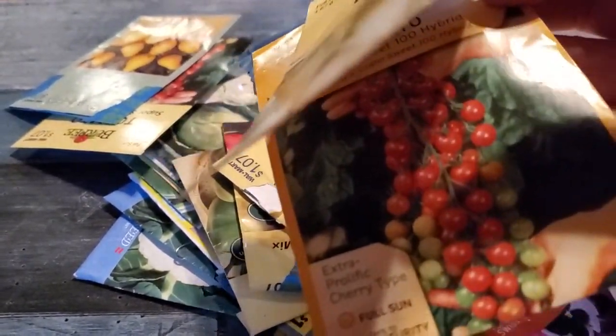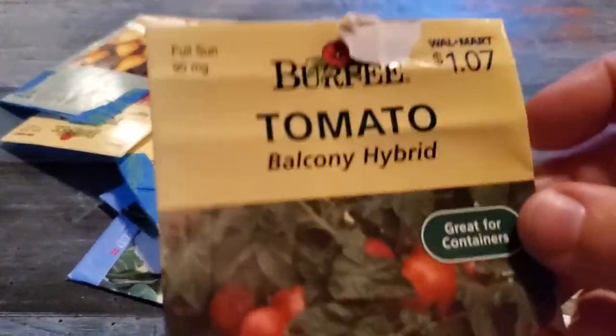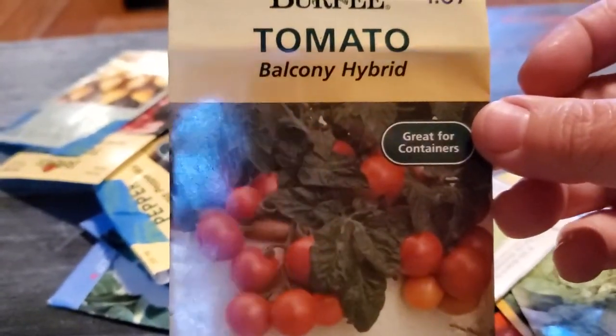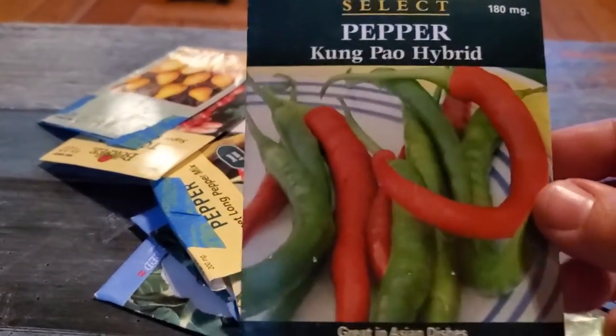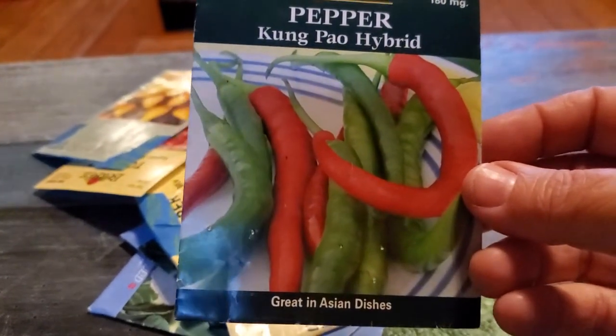Sweet 100, one of my favorite cherry tomatoes to grow. But I've never grown those from seed. A container variety of tomato. This is exciting. Balcony hybrid. I love growing small tomatoes. This year I grew Tiny Tim tomatoes. Kung Pao hybrid